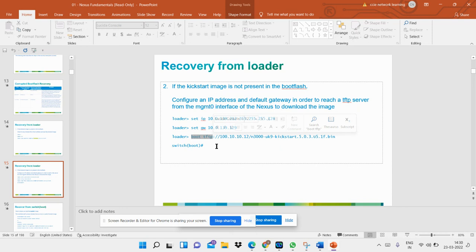That TFTP server has a particular IP address where you can take a backup of any kind of operating system files. Then you have to define the particular file system file name. After the IP address of the TFTP, you have to define the file name using the slash. Okay,